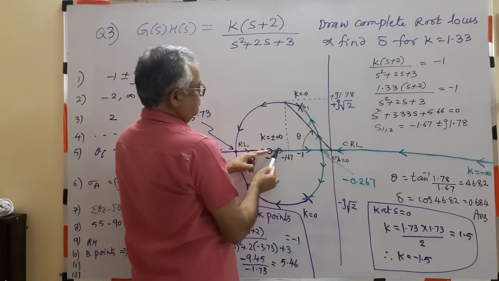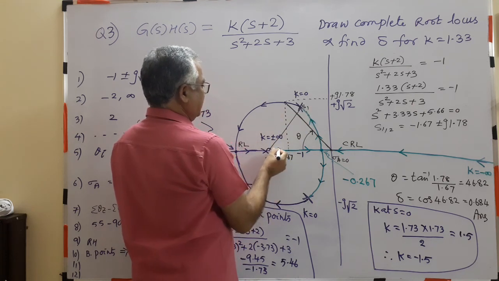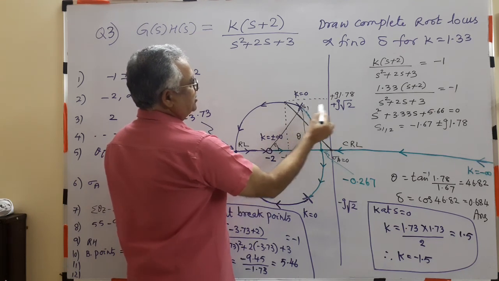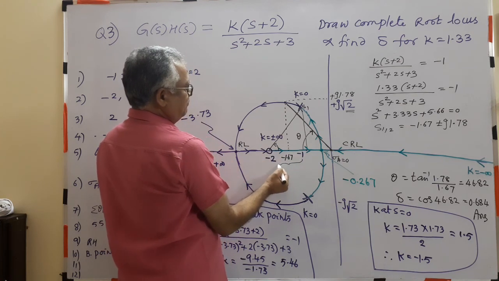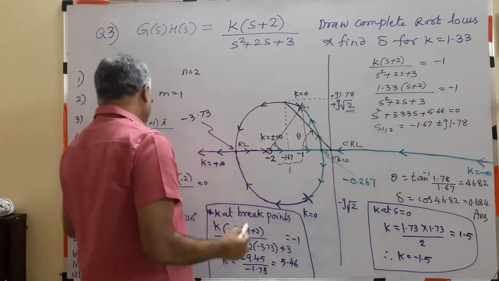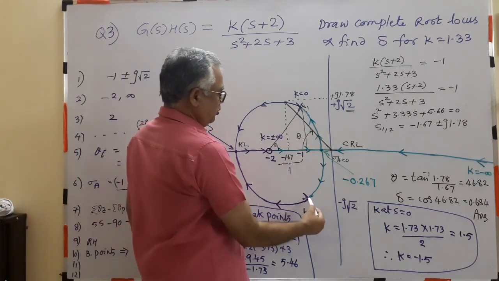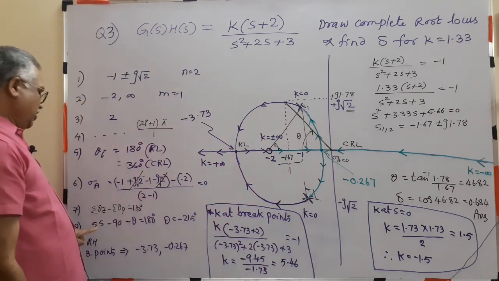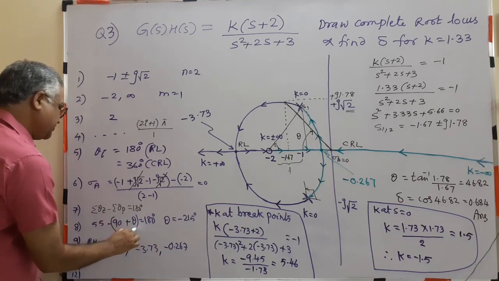This angle we want. To find this angle, the vertical distance is root 2. If this is minus 1 and this is minus 2, what is this gap? 1 unit. This is root 2. Tan inverse root 2 by 1 is nothing but 55 degrees. Then this one is exactly coming below. What must this angle be? 90 degrees. Only 1 zero, otherwise minus of this is plus. Can do it like that also.